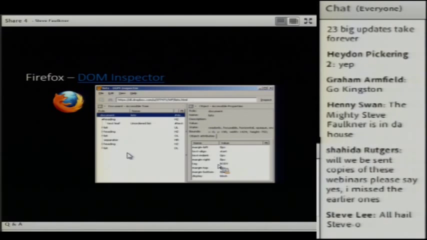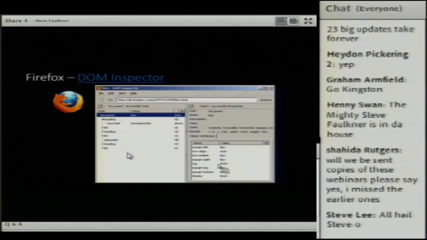It will show the accessibility tree that Firefox produces internally from the DOM tree, and you can see there it's got associated accessible properties, etc.